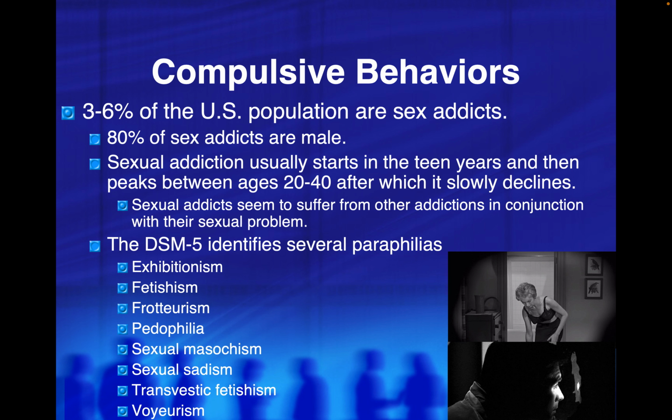The DSM-5 identifies several paraphilias: exhibitionism, fetishism, voyeurism, pedophilia, sexual masochism, sexual sadism, and transvestic fetishism. Exhibitionism is where you show your naked self to somebody that doesn't want to see it. Fetish can be any of these things. Voyeurism is rubbing yourself against somebody. This is usually done in the subway or in a train or someplace where you're around people that don't know you. Pedophilia, of course, is